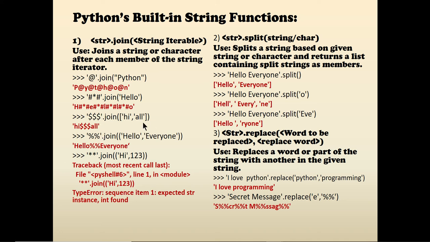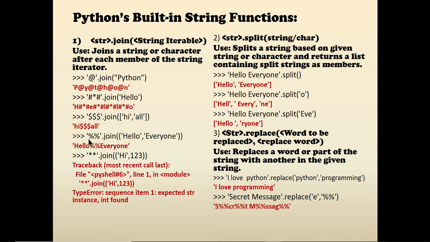Here, when you do that, each member is taken as one complete string, and in between them the dollar symbol will be added. It is exactly similar to the string. If you give one single string, it will be added after each character, except the last character. However, if you pass a list, then it will be added in between the members. Look at the next one. This is the example for a tuple.